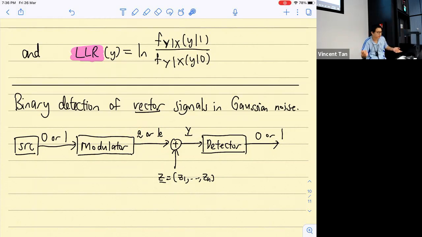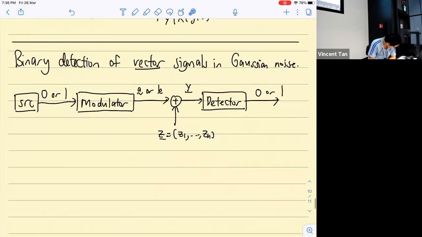But now we are allowed to use vectors. So what are the ramifications? Okay, so let us try to take a look. Before we can continue, let us mention that Z is this vector here. This is an IID